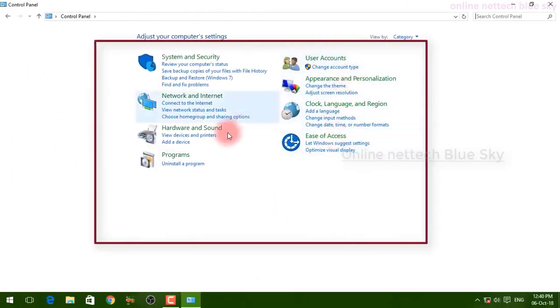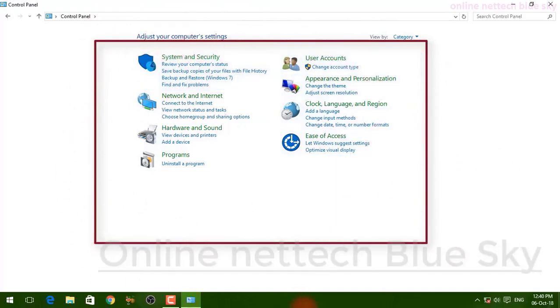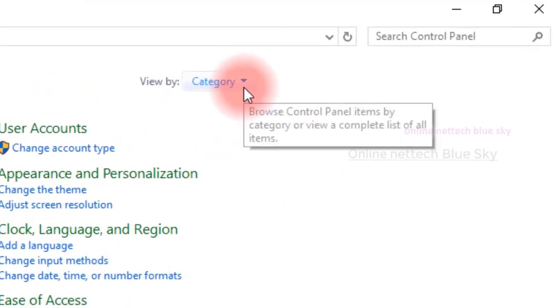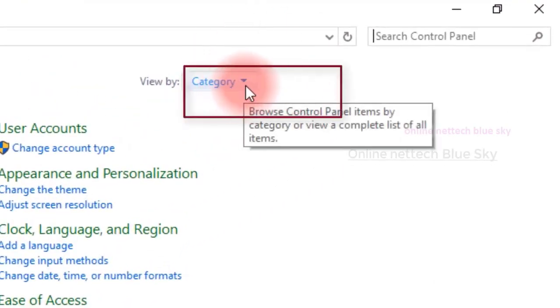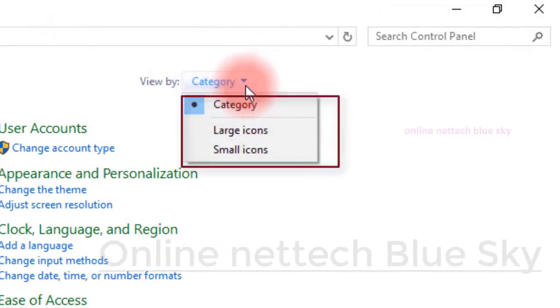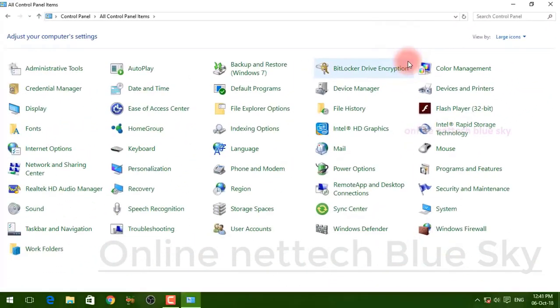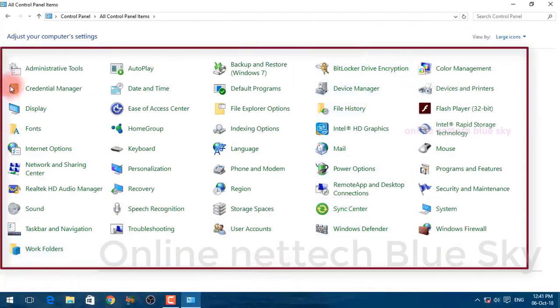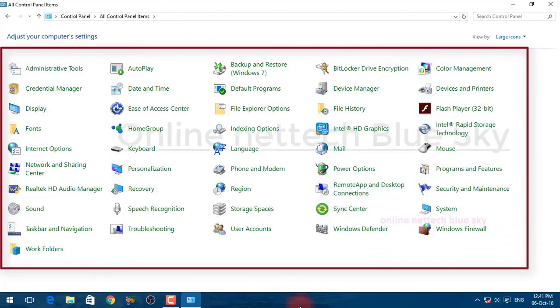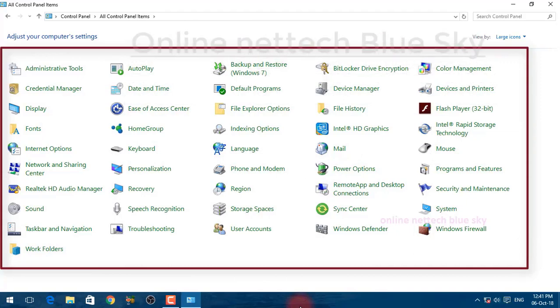So this is very important for every computer user, because 98% of settings depend on Control Panel. You can manage your computer from here. Click on large icons, because large icons show all the system options. So you can see here every option given in Windows 7, Windows 8, Windows 8.1, Windows 10,